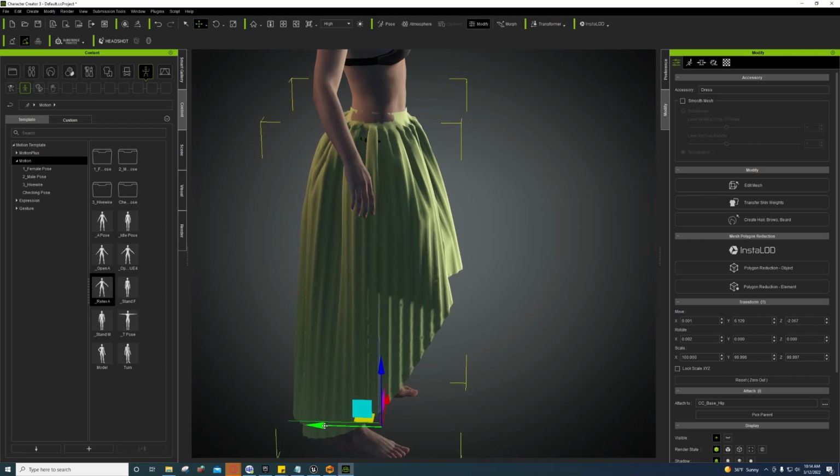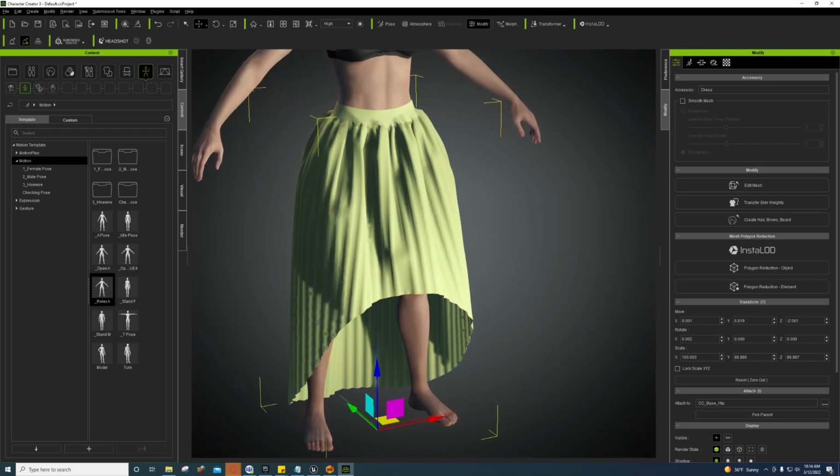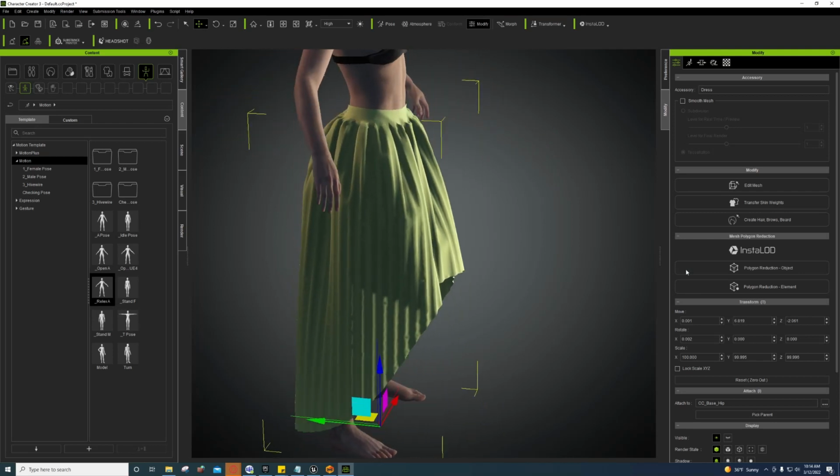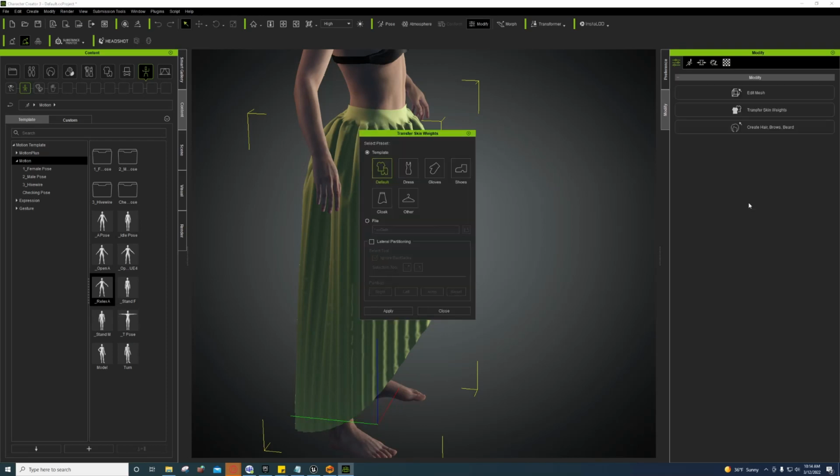So I did. I have to bring it back. Yeah, that's probably about right. Okay, so let's do this again. Transfer skin weights, dress, apply, close,